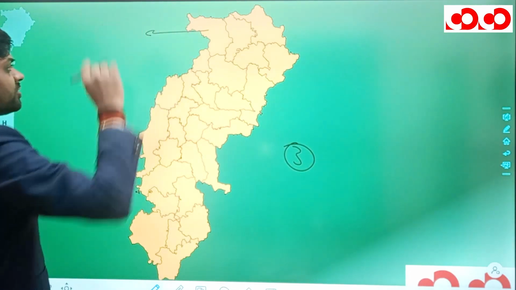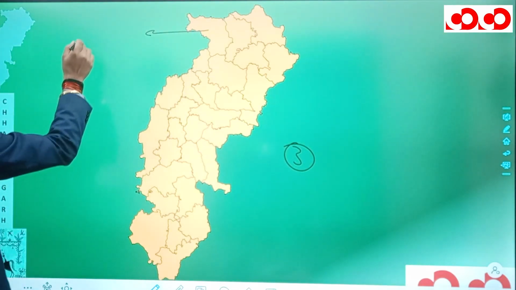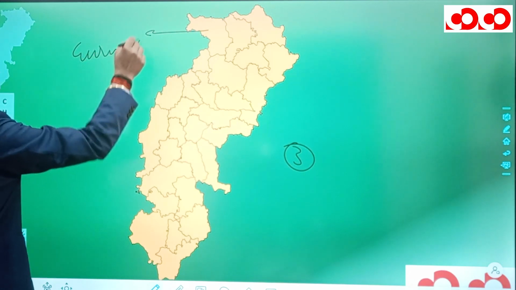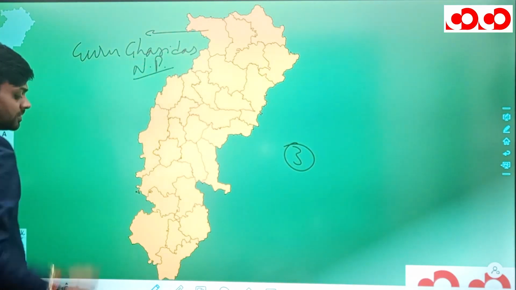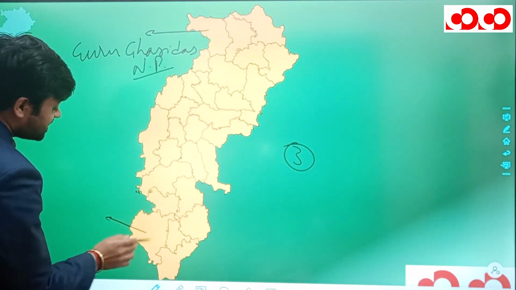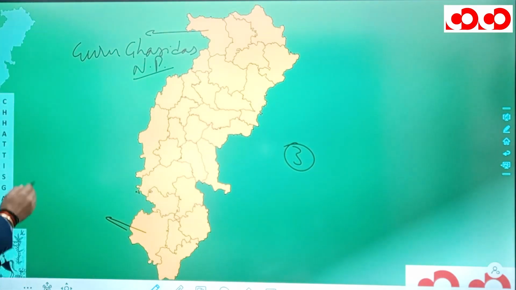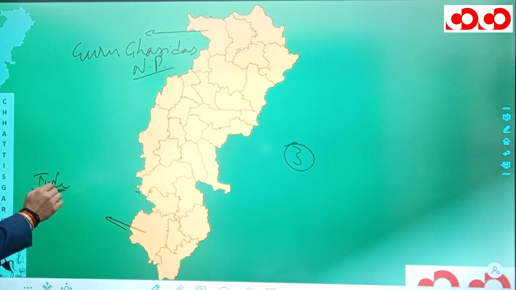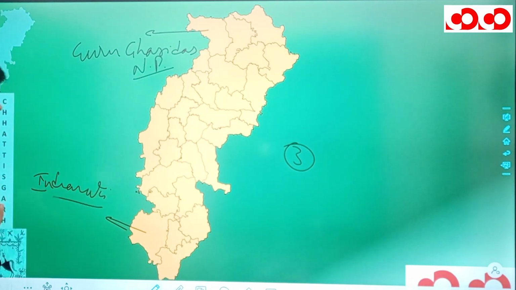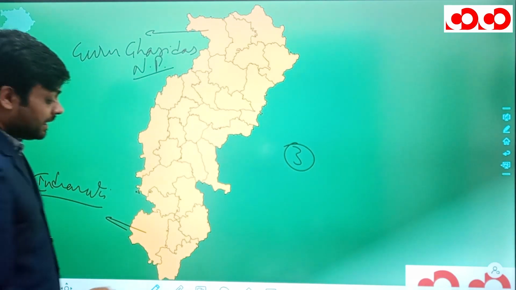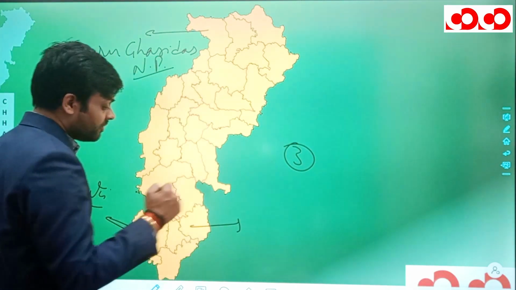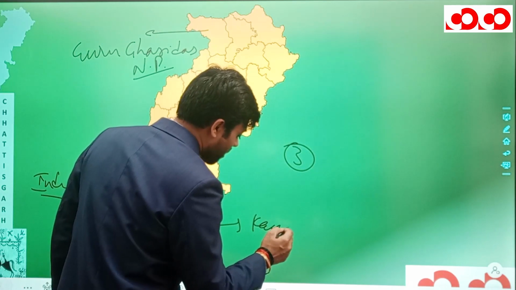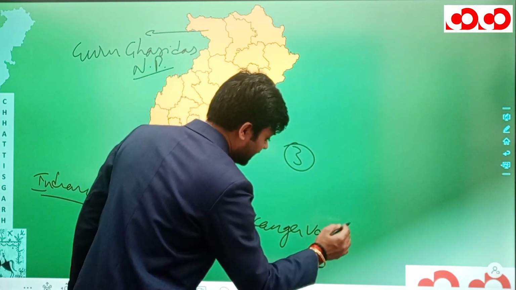In the Korea district of Sarguja division we have Guru Ghasidas National Park, while in the Bijapur district of Bastar division we have Indravati National Park, and in this Bastar district of this Bastar division we have Kanger Valley